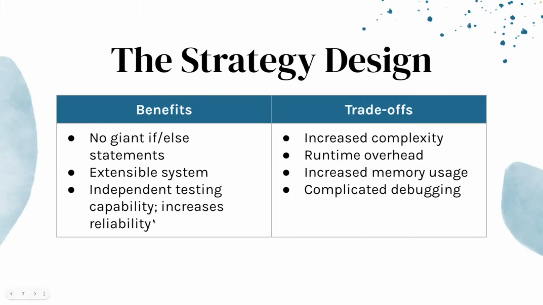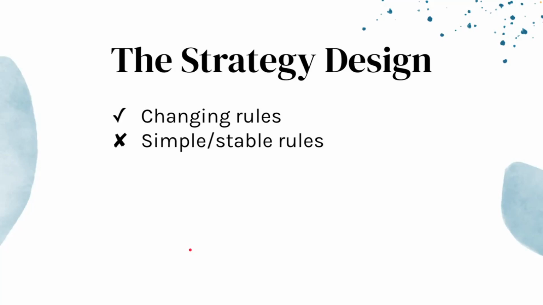The key insight: the strategy pattern is an investment in future flexibility. If the loan rules are simple and stable, the pattern might be overkill. But if you expect frequent changes or complex business rules, the upfront complexity pays dividends in maintainability and extensibility. The pattern transforms your system from rigid and branching to flexible and extensible.